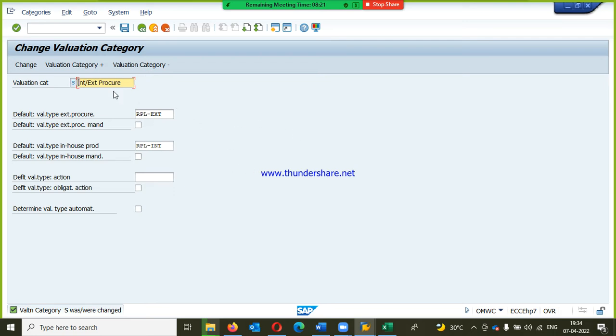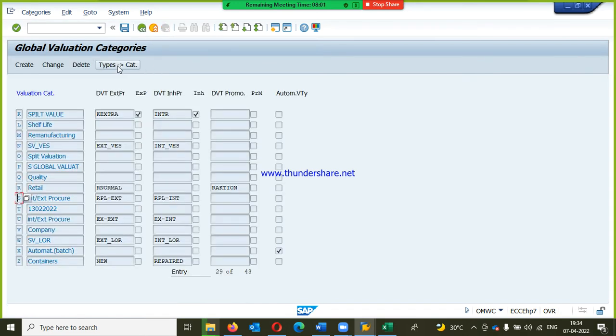Right, so I need to mention the procurement types here, external, internal. Okay, now it has been changed, save this. So we will use valuation category as yes. Save this, come back to main screen, then come back to this one and select this yes